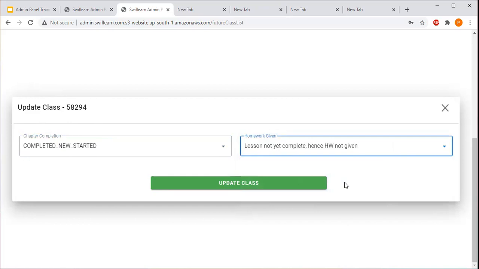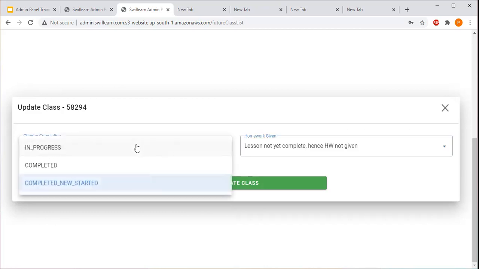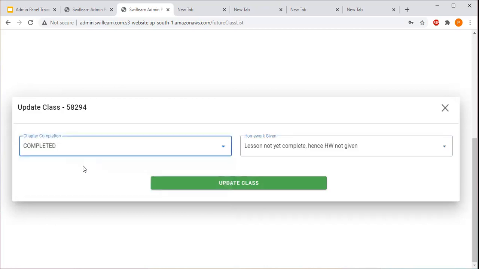Now I'll teach you one more option here. While assigning the homework, if the teacher does not find any assessment, how do they update the class progress? For that, the teacher has to mark completed. Why? We have completed the lesson plan, and here go with the option homework not available for this chapter session in the system. What does this mean? Here the teacher is acknowledging to Swift Learn that there is no homework. So once you update this option, my content team will receive a notification for the same.